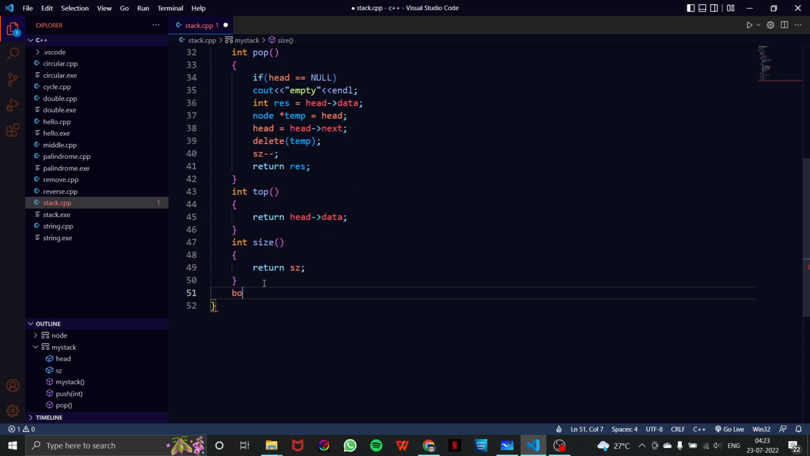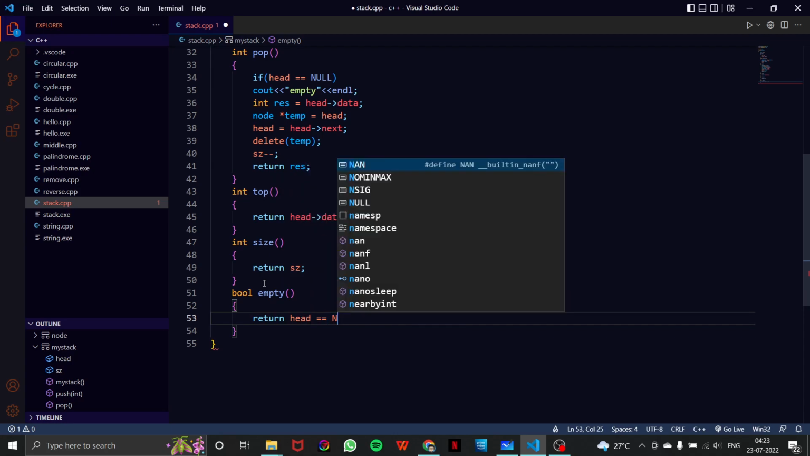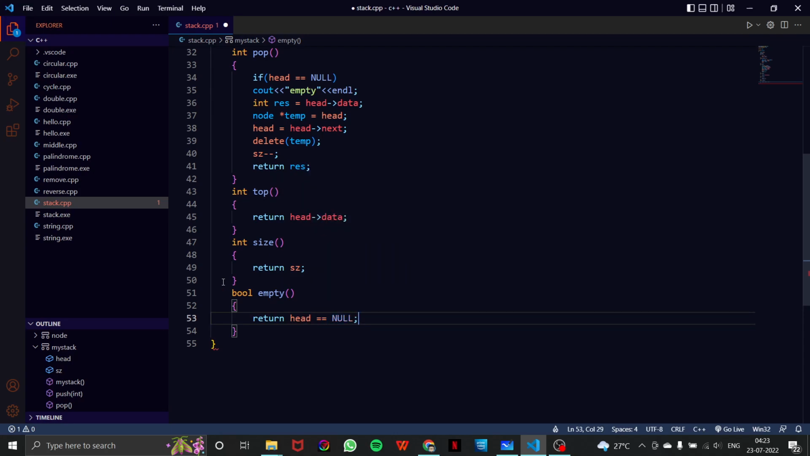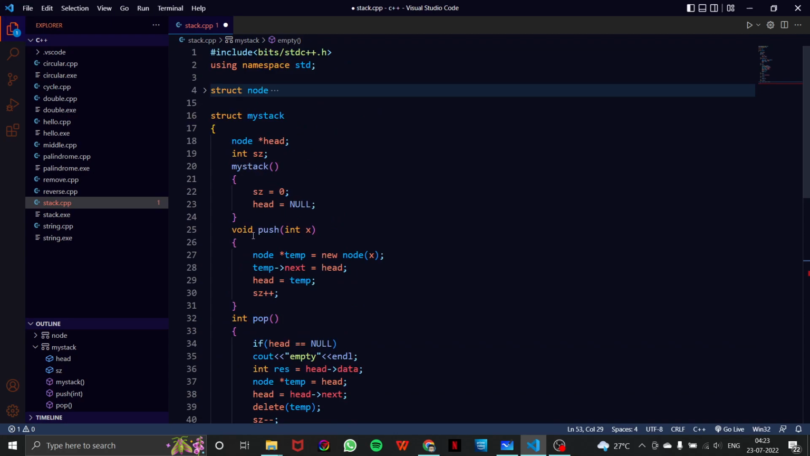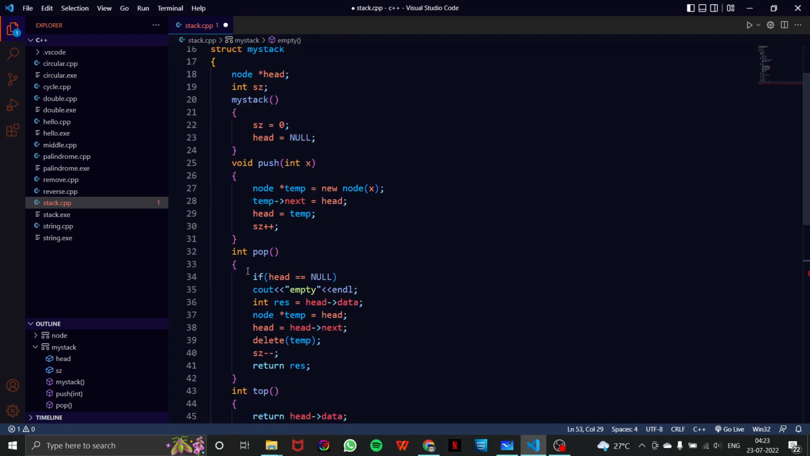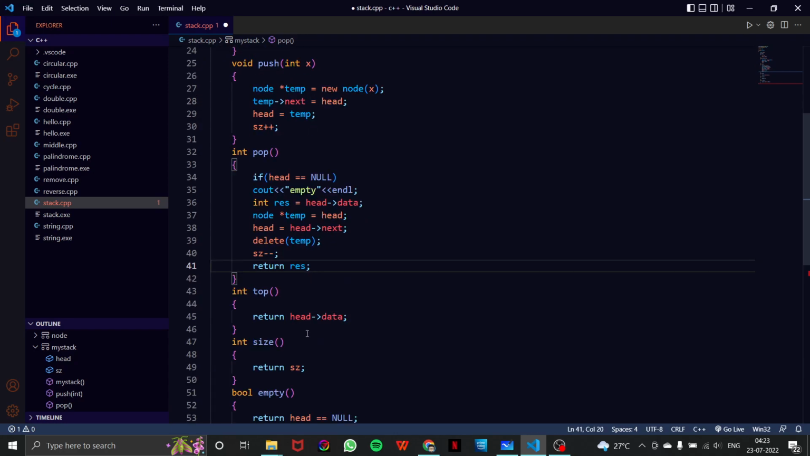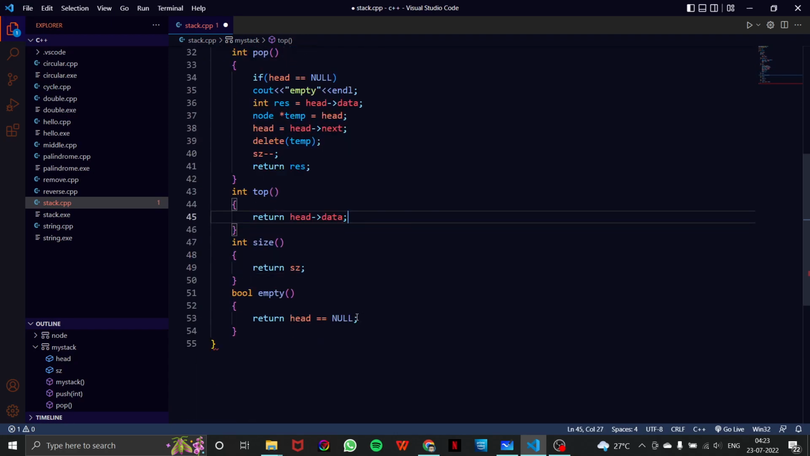And if I have to write the function bool empty, I'll simply return head is equal to null. Cool. So I have written all the functions: void push, int pop, int top, int size, and bool empty. Now I'll write int main,